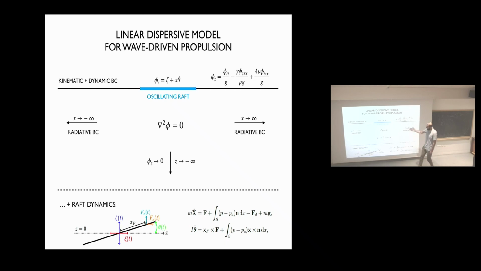So my raft, I'm allowing it to bounce up and down. I'm allowing it to pitch, and I'm assuming it's being forced by some force vector at a distance from the center. Okay, so I can write down the dynamics of the raft itself. So this is for linear motion, and that's for rotational motion. Okay, so basically, as this raft bounces around due to this forcing,